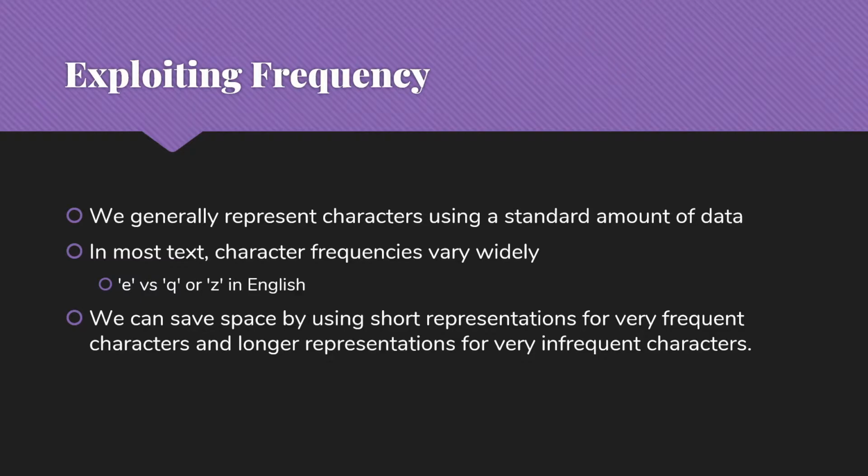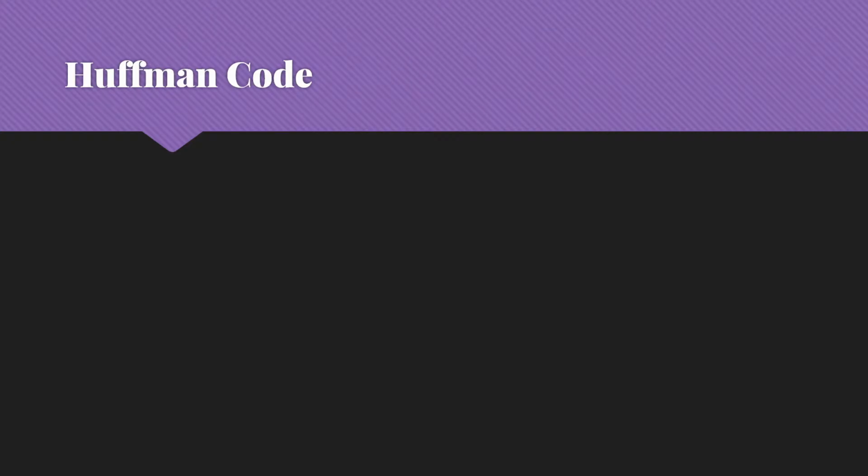We're also going to get some savings from the fact that many of our documents aren't going to use all of the possible characters. So we're going to have fewer characters to represent to start out with. So the kind of code that we're going to use is something called Huffman code. This is a specific approach to exploiting these character frequencies, which is guaranteed to be optimal, given that we're doing character frequency and handling our compression this way. It's not going to be the optimal compression for all data, but it will be the optimal compression for this approach to compressing the data.